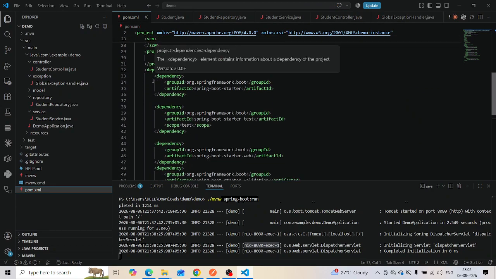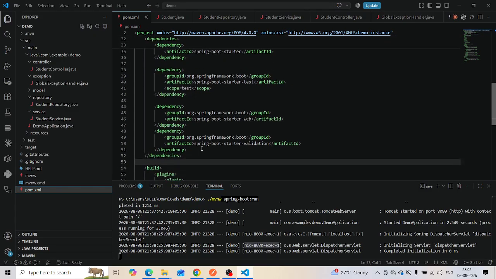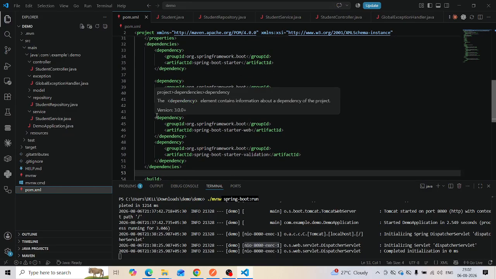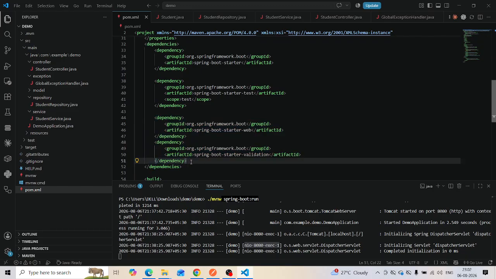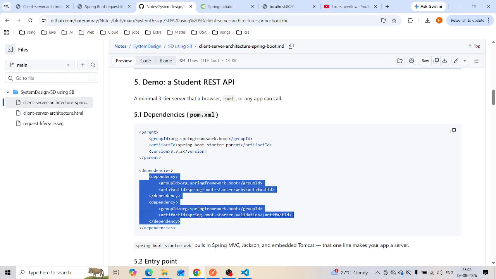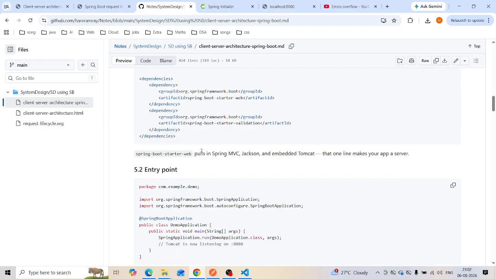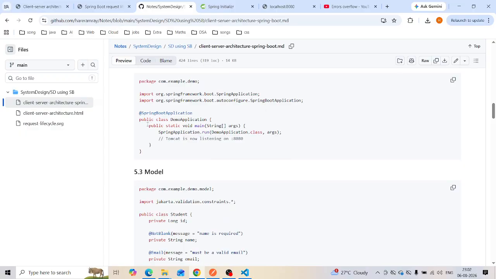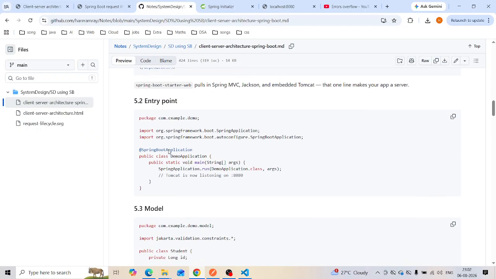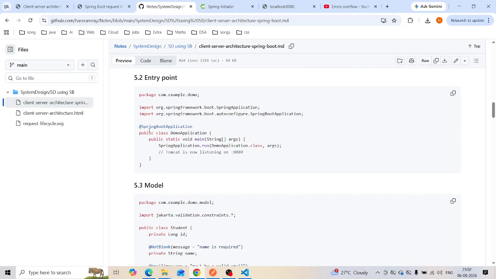Inside dependencies you can put web and validation. Then the entry point will be here. You can just start the app and you will see this.